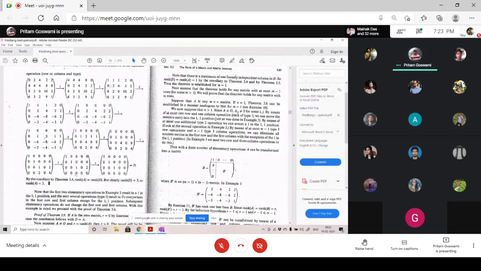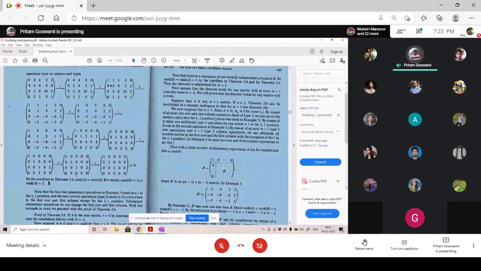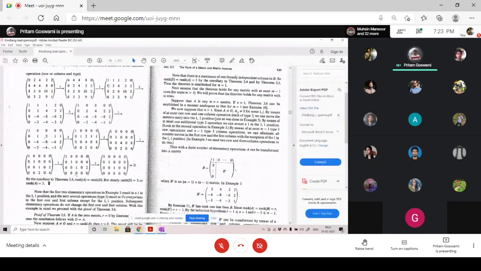Then what they have done, they have made all these elements 0 by that operation I have told you right now. This one is already 0, so they don't have to do anything here. They multiplied the first row by -8, and then added it to the third row, and you will get a 0 here. And for the fourth row, they have multiplied the first row by -6 and added it to the fourth row. You will get 0 here, right? And this operation makes this matrix.